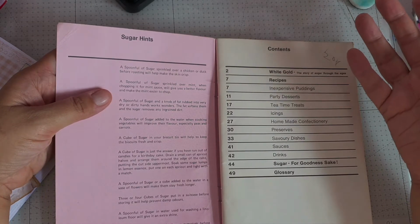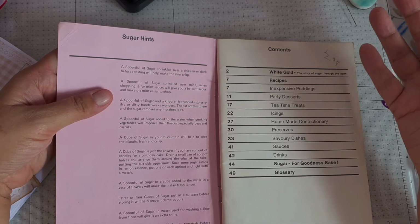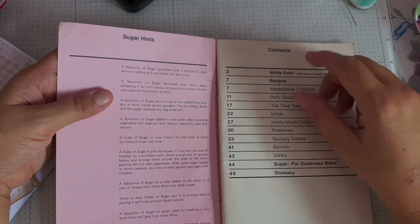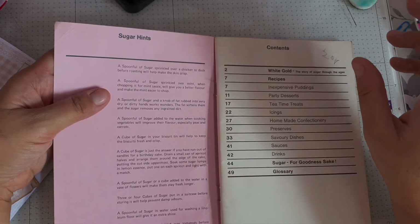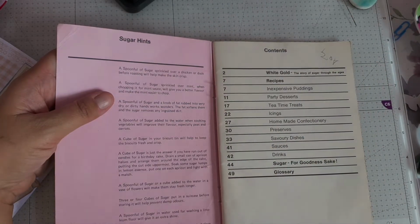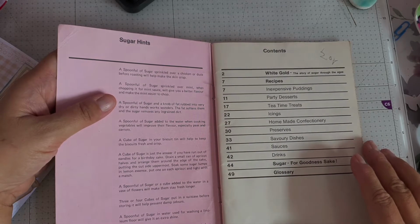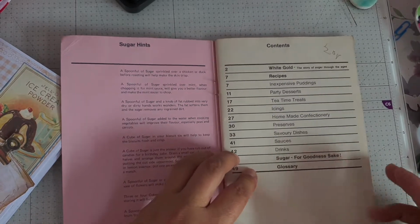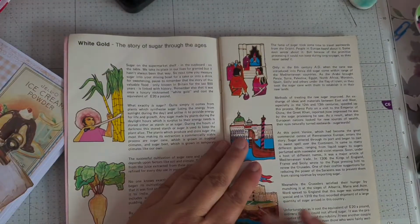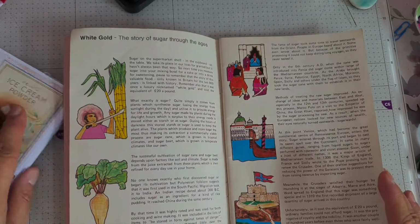A spoonful of sugar or a cube added to the water in a vase of flowers will make them stay fresh longer. And 3 or 4 cubes of sugar put in a suitcase before storing it will prevent any damp odours. Oh dear. And if you put a spoonful of sugar over tomatoes before grilling them, it will give them more flavour. Okay. So anyway, the first thing we have in this book is a history of the story of sugar through